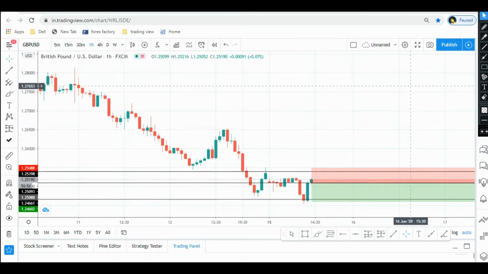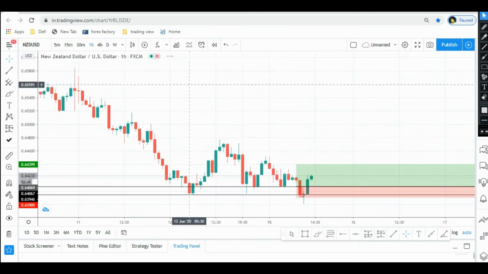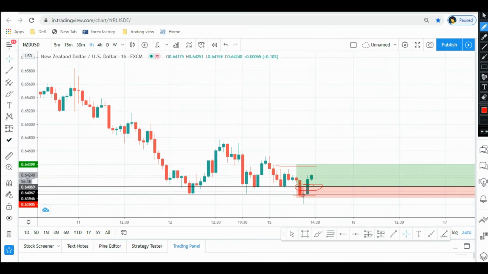In the morning I took a trade. That will be a very good example. In NZD USD, I placed a buy order in this particular area, and my take profit was this, and my stop loss was this. I placed my stop loss in this particular area, and as you can see, price came down. Ultimately price came down, but unfortunately I made a pin bar. This is why I never place a stop loss. I just mark the place and I leave it as it is.